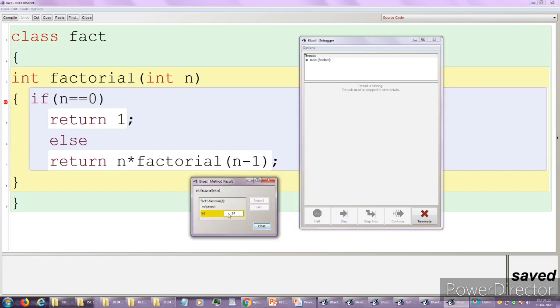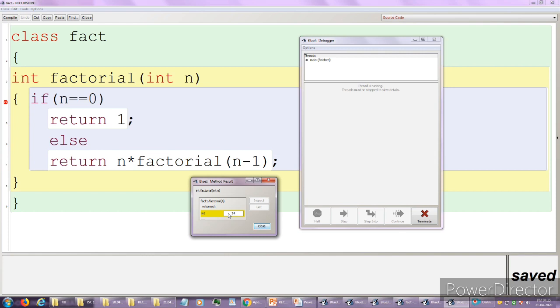How is this calculated? When I click on next step again and again, it will not move to any other portion. We can see the line return n into factorial(n minus 1) continuously blinking there.